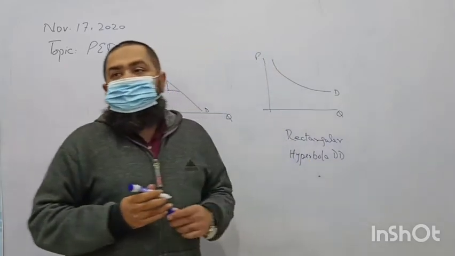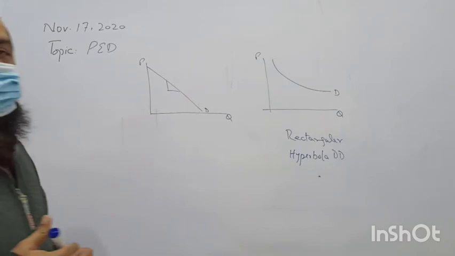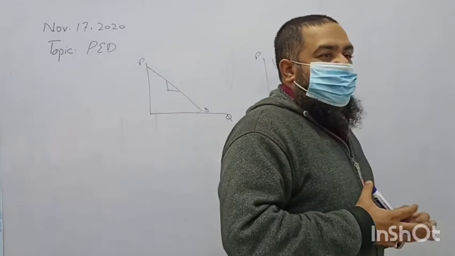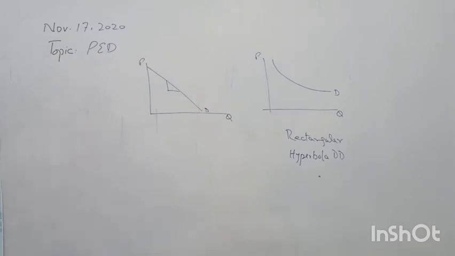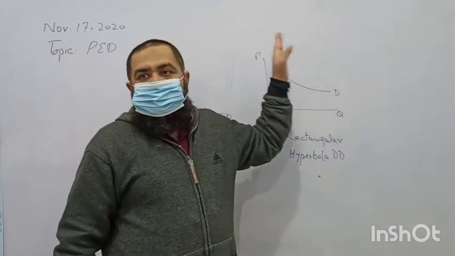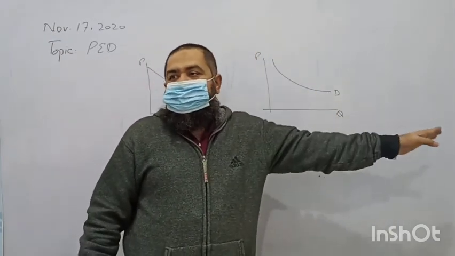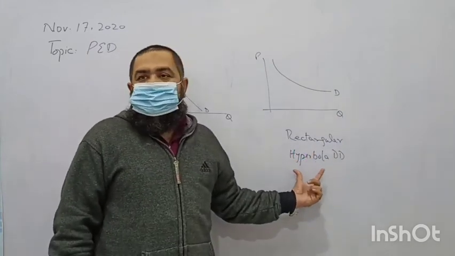You might have studied your physics topic of hyperbola and parabola. This is hyperbola. Parabola means when we throw a stone, it takes a path like this. So when you throw a stone from a height, like a plane or a helicopter is moving, and you throw a stone, it will have this path. It comes down and it travels like this. That's the meaning of parabola, basically, I am explaining.